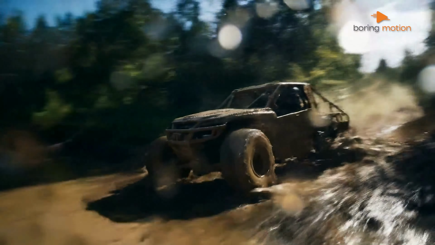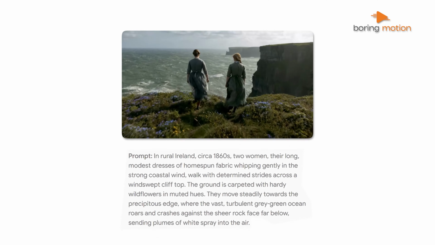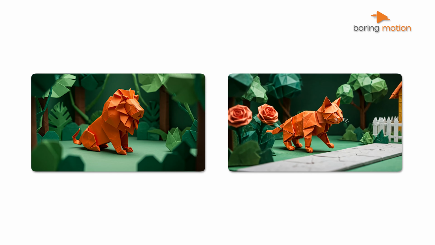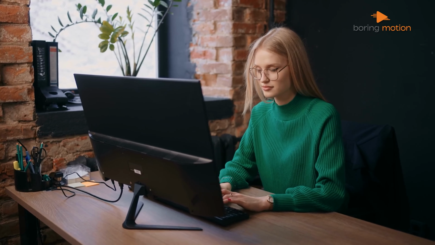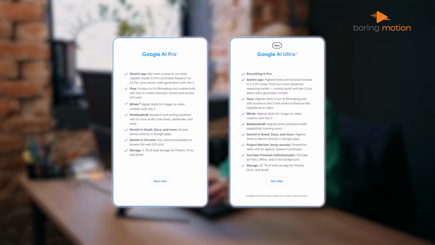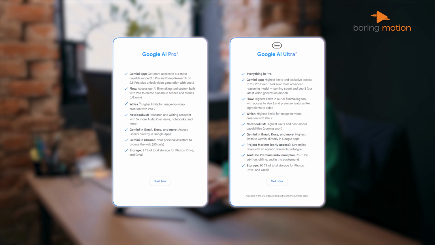It even adds realistic camera movement, as if you were behind the lens. And if you already have a look or mood in mind, you can describe it or upload a reference image to guide the style. Right now, it's not open to everyone. Only a selected group of creators and partners through early access or Google's premium AI programs are using it.